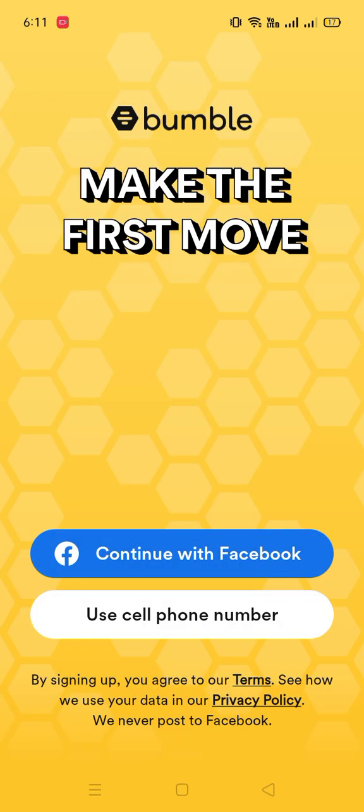Once you enter the app, you will see you can create your account in two ways. First of all, you can continue with Facebook, so you have to log in through or create your account through Facebook. Another option is to create your account using your phone number. So it's really easy. I'm just going to show you how to connect with Facebook. So continue with Facebook, I just tap on the first option,